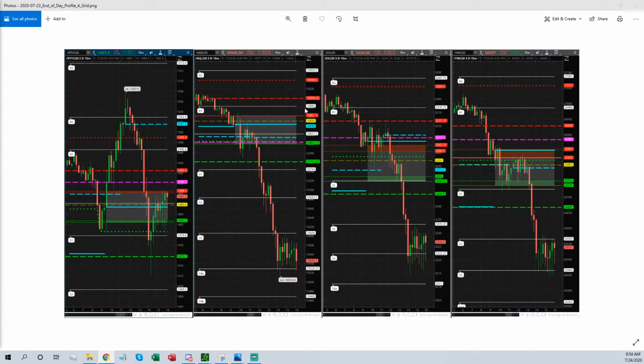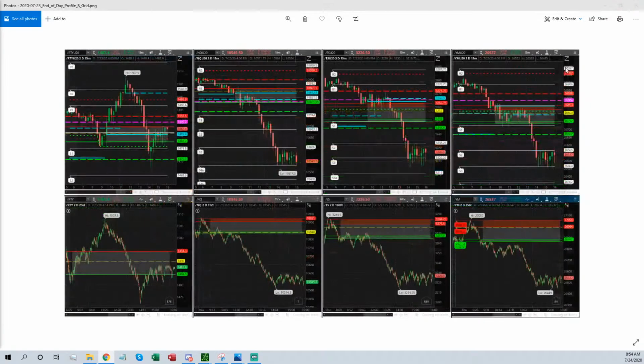However, the other three indexes, after being up at around and above the previous day's high in the overnight session, the bell opens, and they can't take out the overnight high, or the previous day's high. Can't take out really value area high. Can't even get to the settlement for the Dow, and flush down. And we'll talk about some different distributions here in a second.